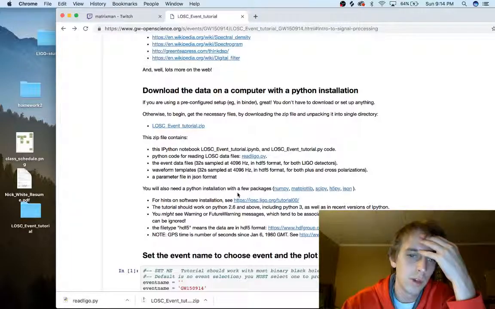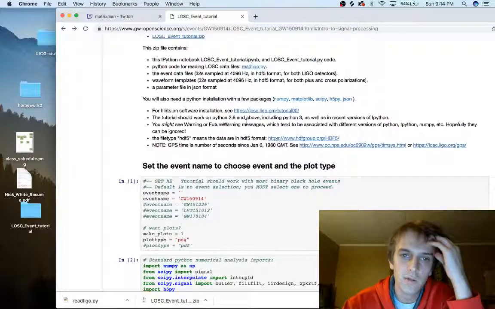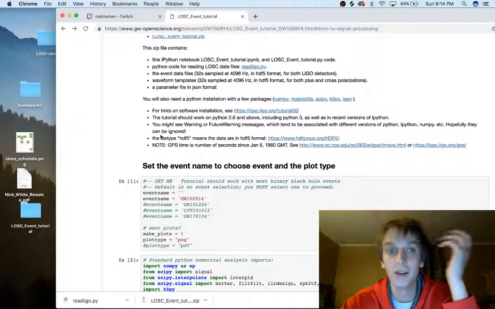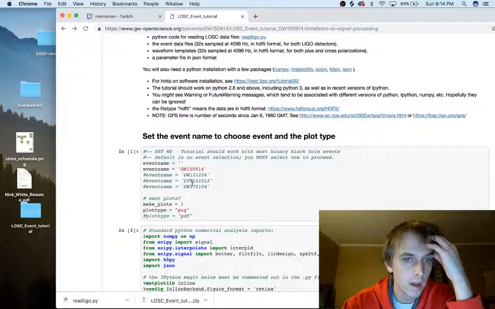You will also need a Python installation with a few packages. We have these, I think. For hints on software installation, you'll see this. The tutorial should work on Python 2.6 and 2.7, including Python 3 and recent versions of IPython. You might see warning or future warning messages, which tend to be associated with different versions of Python, not the tutorial, but they can be ignored. Hopefully they can be ignored. Yeah, I mean, yeah, hopefully. File type means that the data are in this format. Yeah, we already got that. Okay, so